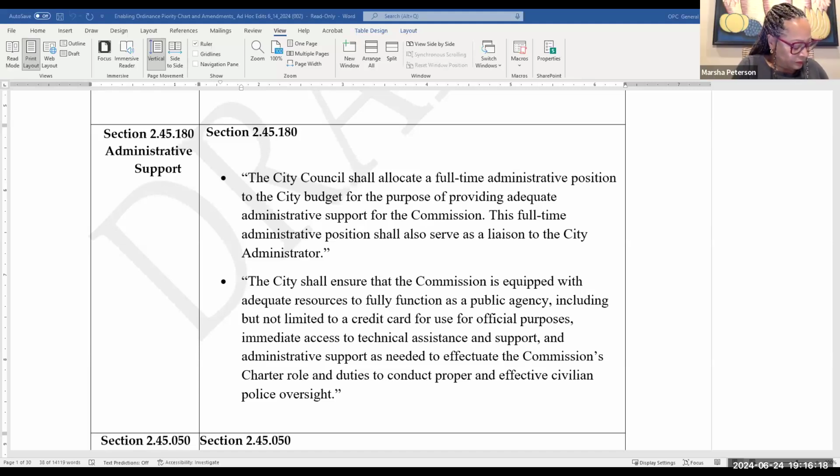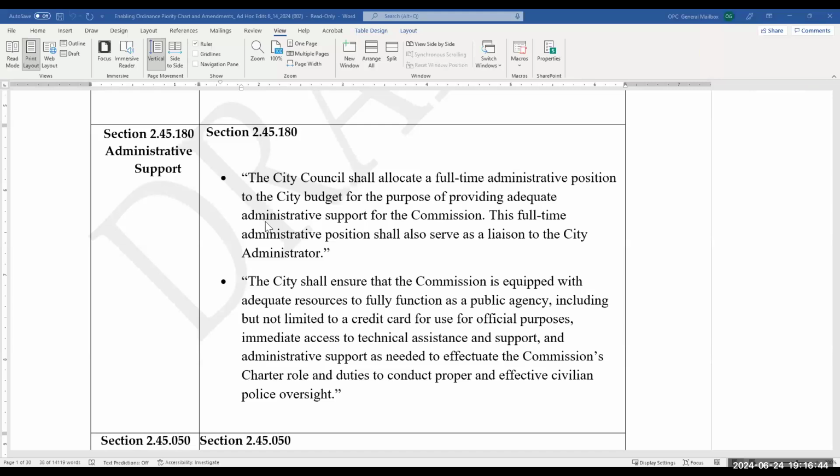Okay. So I might delete the next sentence and then have the city administrator shall assign a liaison to the police commission to ensure that it is equipped with adequate resources, et cetera, et cetera. Okay. At minimum, the city council shall allocate 2 full-time positions to the commission budget for the purpose of adding support for the, wait, let me see. I have it here. 2 positions